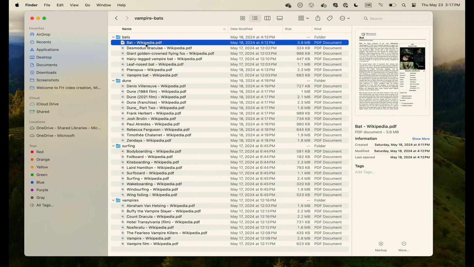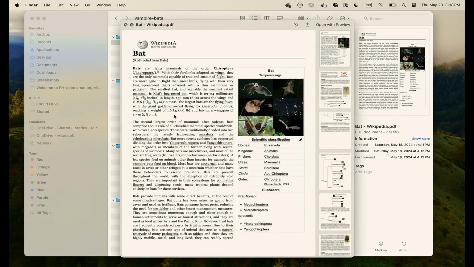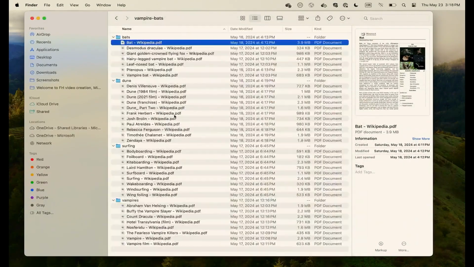For that exercise, I'm going to be using a domain constituted of bats, vampires for the movies, and a bit of surfing, because I do kite surfing, windsurfing, that kind of thing, to throw it into the mix. Here's what one of those documents looks like. Those are Wikipedia documents.